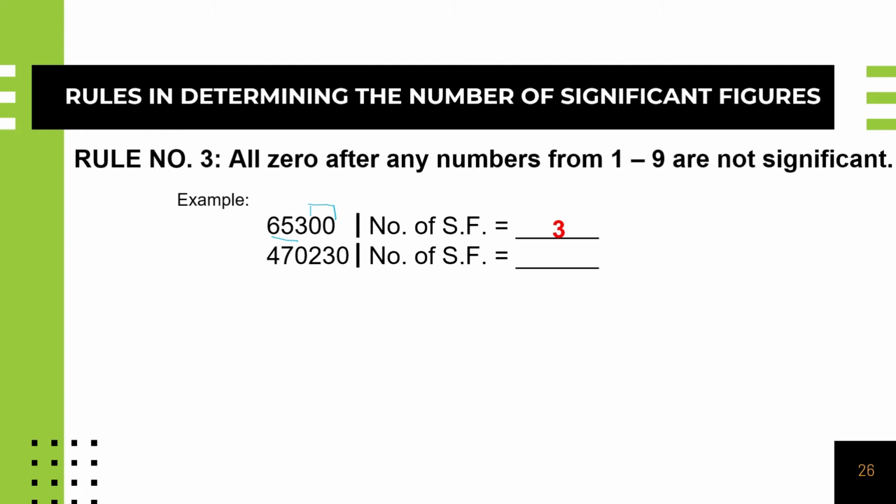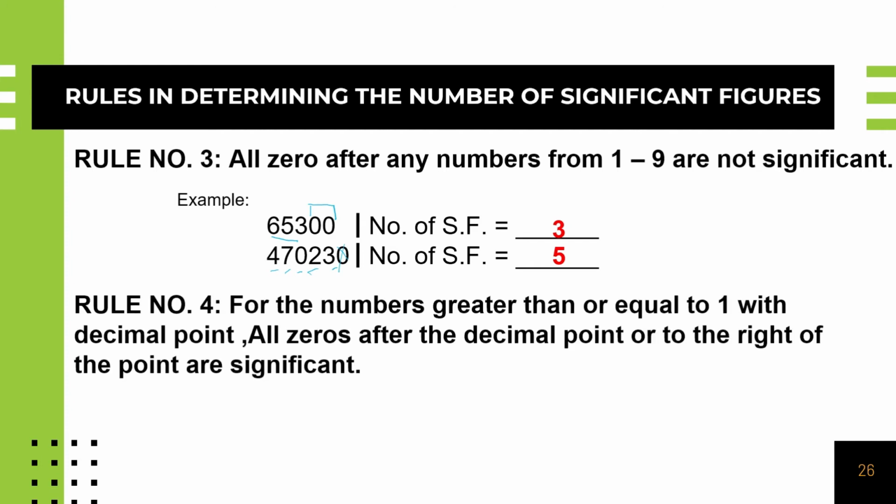Next, we have 5 significant figure. So why 5 significant figure? This is 1, 2, 3, since nasa gitna siya ng dalawang non-zero digits. Then 4, 5, ito nasa dulo, this is not significant. So that is 5. Next, rule number 4, for the numbers greater than or equal to 1 with a decimal